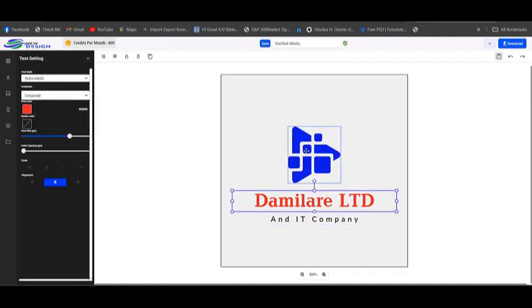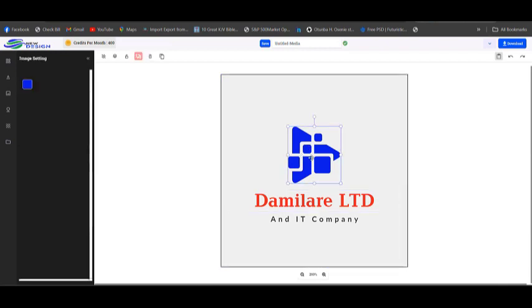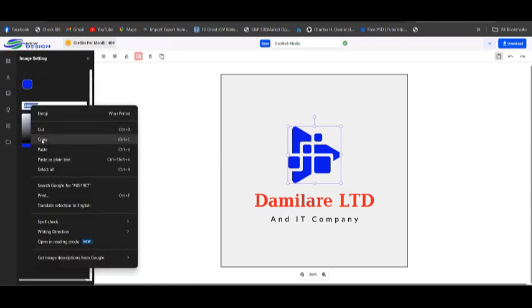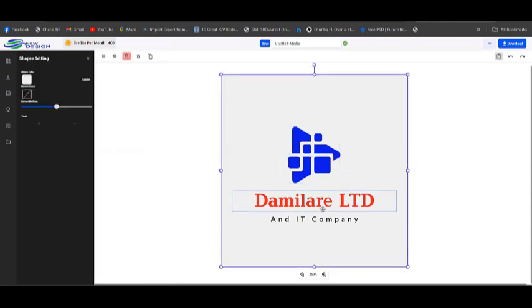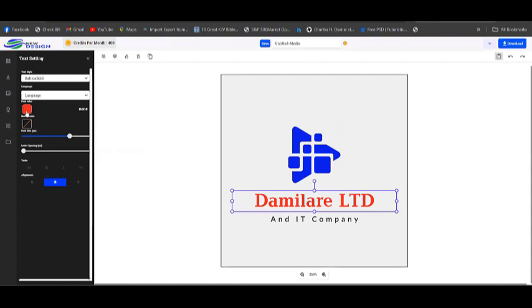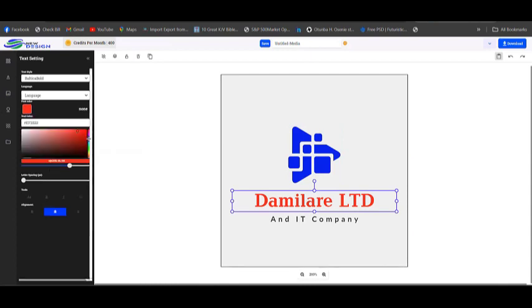Okay, let me first do something. Clicking on the color here. So there are color numbers here. I copy it so that it will match, because the picker can only select a color that matches this particular color. It's going to give you a different number. So for example, if I select this red color now and I choose blue, it might not be the same color. You understand? Only that blue, only a deeper one.